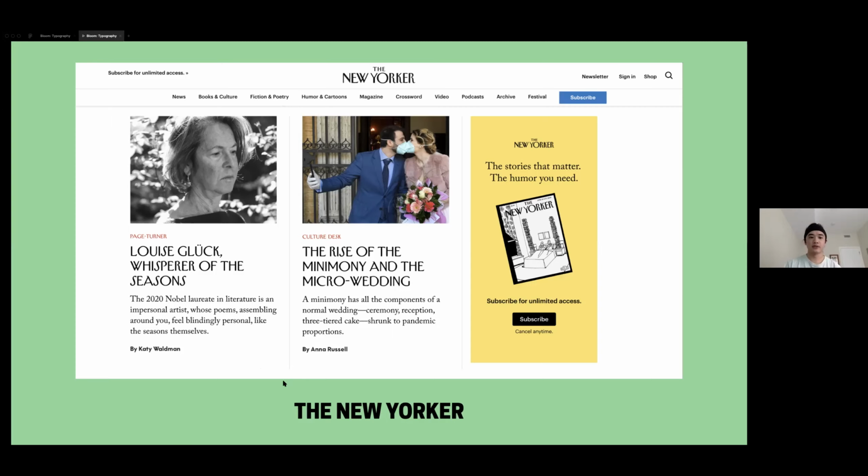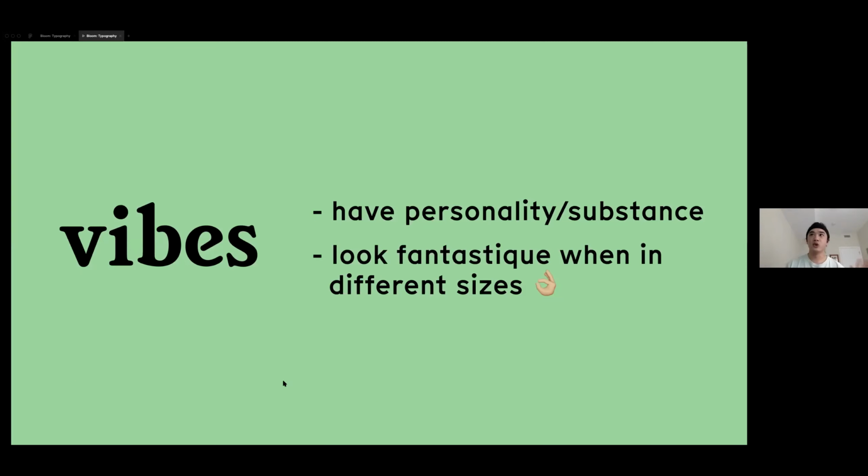So about the vibes, about the display font, you want to make sure that this font that you choose for your display has a lot of personality, has a lot of substance. Basically, what you're trying to communicate is probably the most artistically forward part of your typography. So you want to make sure it communicates what you're trying to go for. Figuring out that part, whether this font is the vibe I'm aiming for,